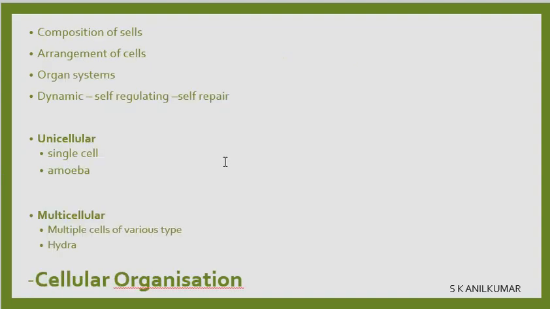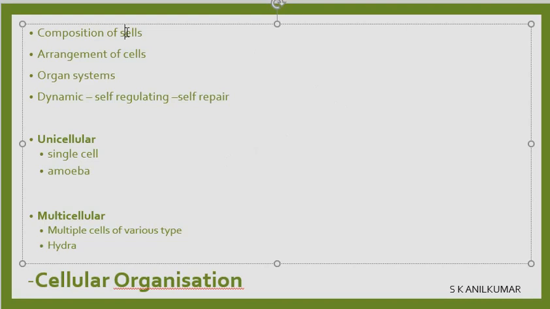Cellular organization of the organisms also helps us to classify them, as a special characteristic to differentiate them from non-living things. What is that? The composition of the cells, the arrangement of the cells, how the cells are arranged within the body or within the organ or a tissue. The organ system: different living beings have different organ systems, but there are no living beings without an organ system. Some sort of system, howsoever primitive, will be there.